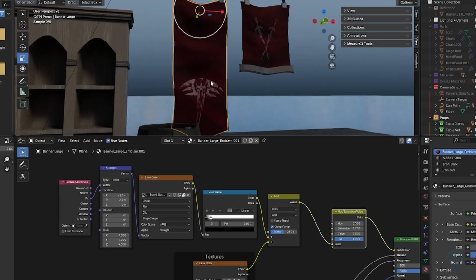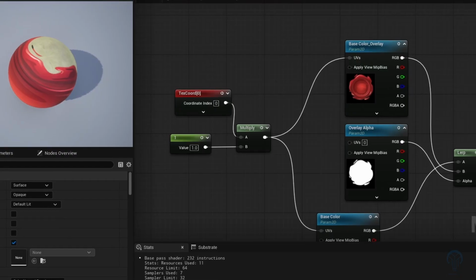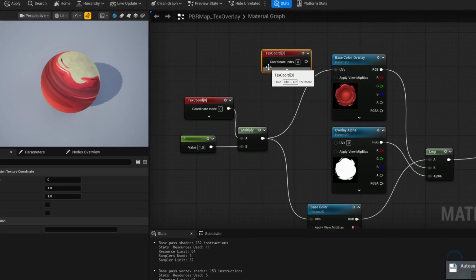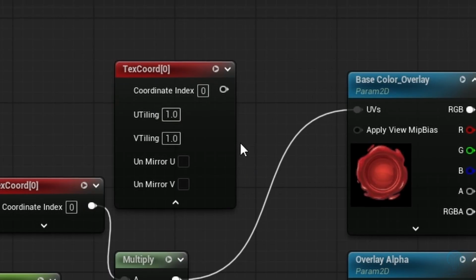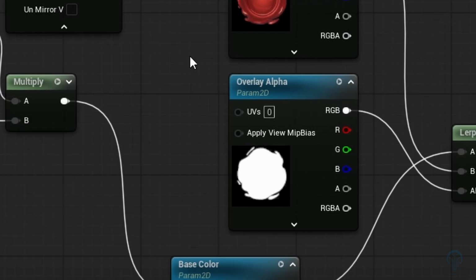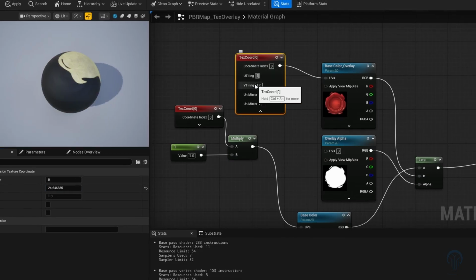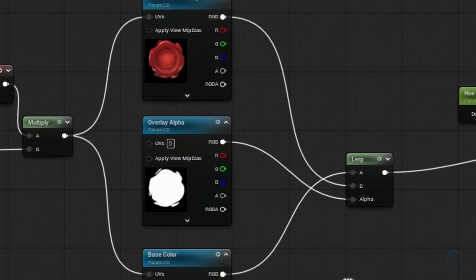Unreal Engine takes a different approach. I created a master material with scroll images for easy visualization and used the texture coordinate nodes to get texture coordinates to prevent tiling. I implemented a mask node so that the seal will be overlaid over the background and employed a lerp node to blend between both layers.